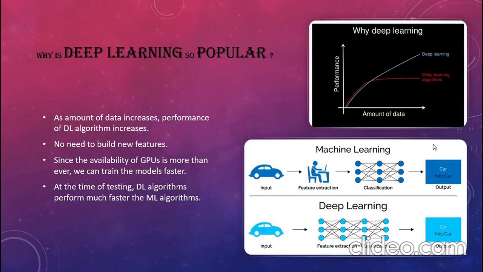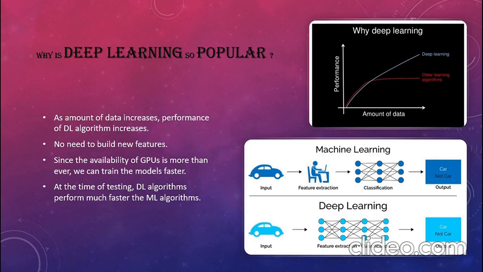So why is deep learning so popular nowadays? Earlier, due to limited amount of data and limited processing power, the feasibility of training deep learning models was low. But since the digitalization of the world, there is no shortage of data, and due to the boom in the gaming industry, the availability of processing power is not a problem anymore, which together has led to the rise of popularity of deep learning.